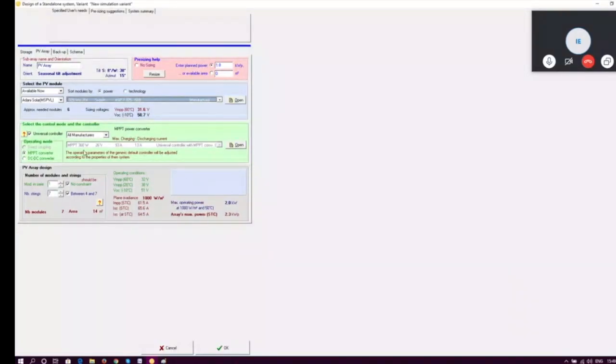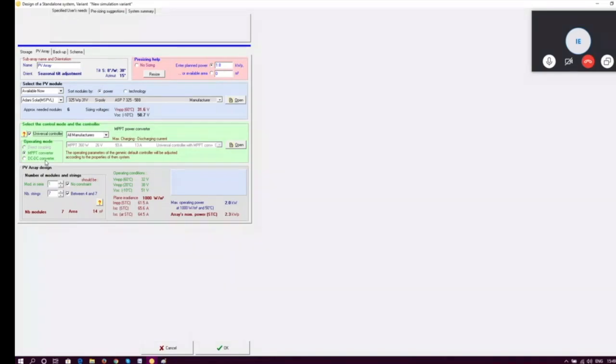we have another option called controller. For the controller, we can check which type of controller we can choose. We have all the manufacturers. We can click on all the manufacturers and you can choose any one of the controllers, right? If you are taking universal controller, you are only given the option of MPPT converter or DC to DC converter, that is PWM.